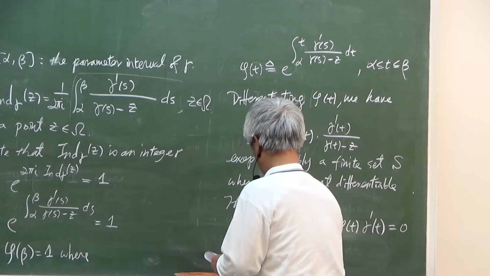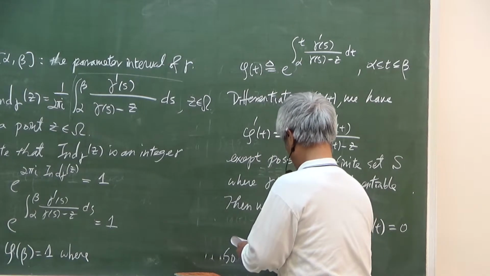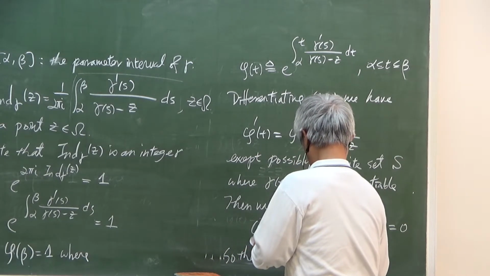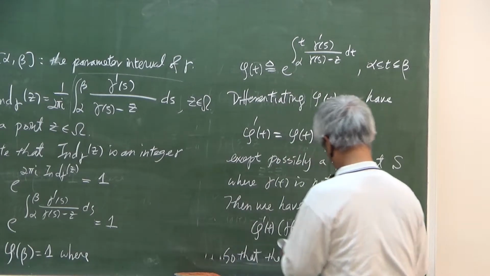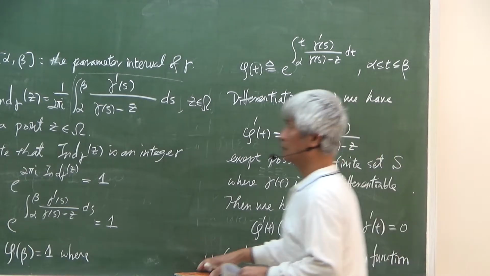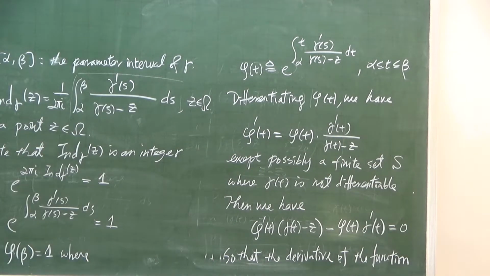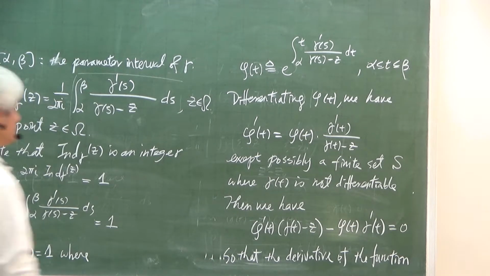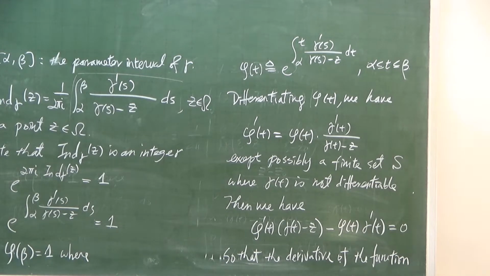So the derivative of the function phi t divided by gamma t minus z